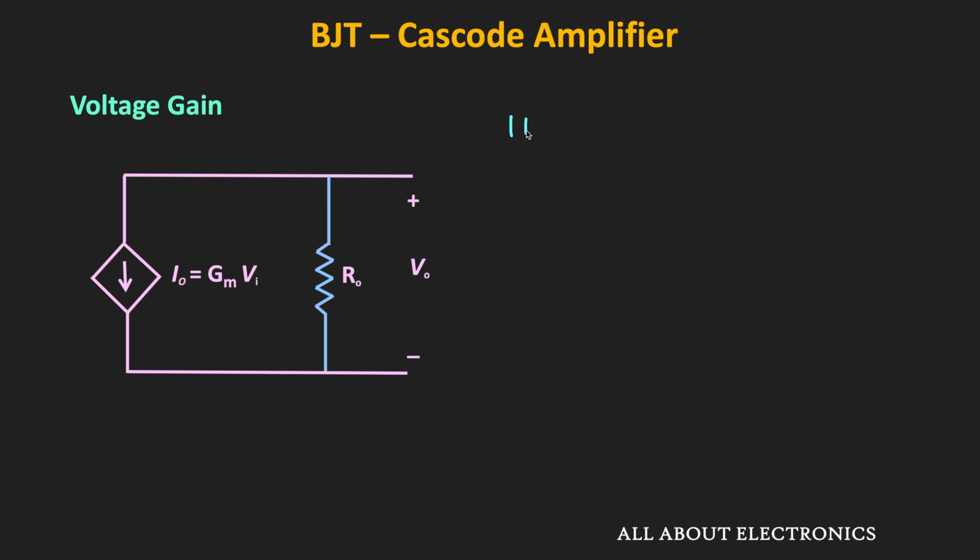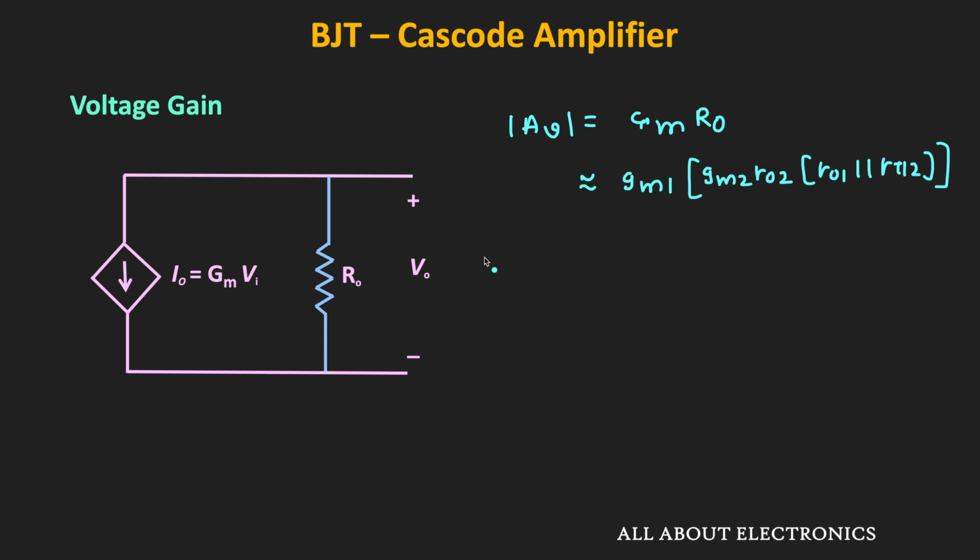So now the voltage gain of this cascode amplifier is equal to Gm times R0, where Gm is the transconductance of the cascode amplifier and R0 is the output impedance of this cascode stage. As we have seen, this Gm is equal to Gm1, and earlier we have seen that this R0 is equal to gm2 times r02 times r01 in parallel with r pi 2. So here, for a moment, if we assume that gm1 is equal to gm2 and r01 is equal to r02,